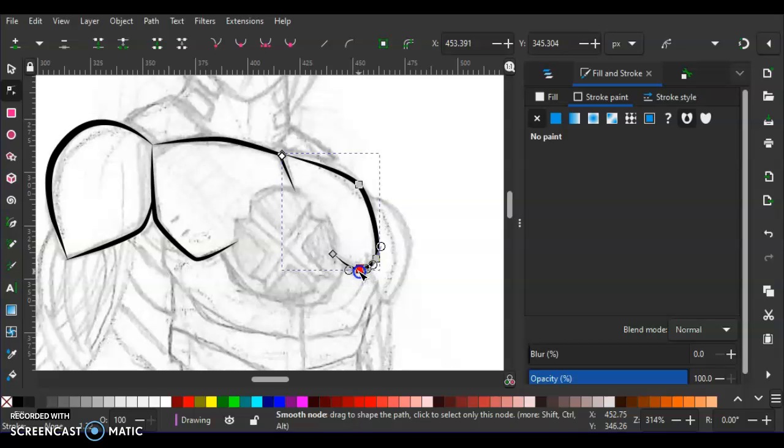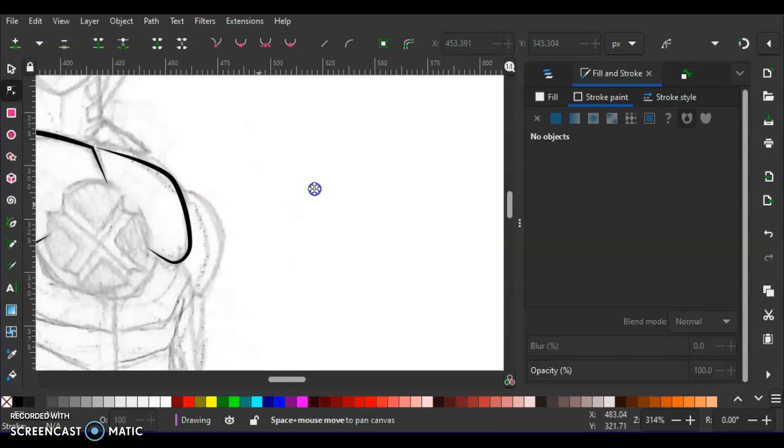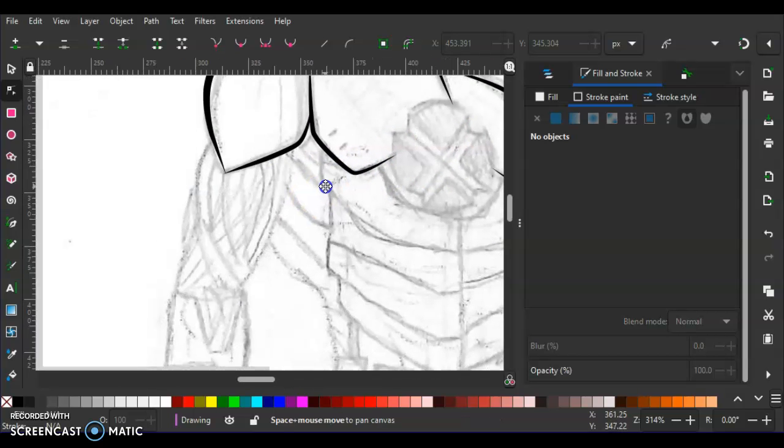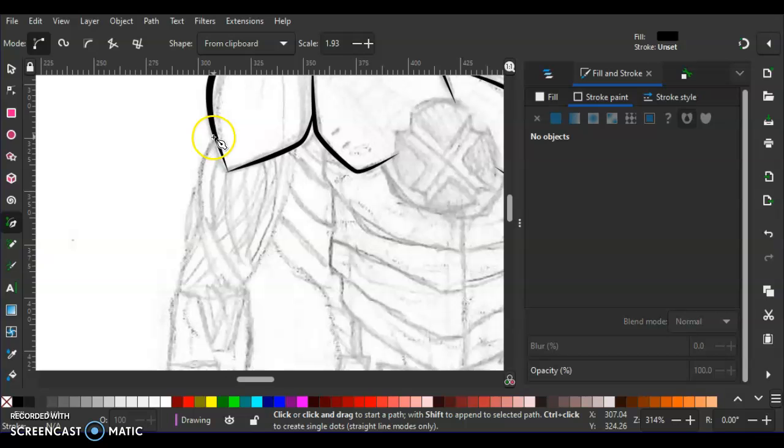So yeah, try not to overdo the anchor points, because then it's a lot more difficult to keep it smooth. If you have way too many anchor points, it just looks a little lumpy, you know, like that. And here, he's got a lot of tubes or something. Okay, let's do that. So we're not doing straight lines, because if you look at some of the